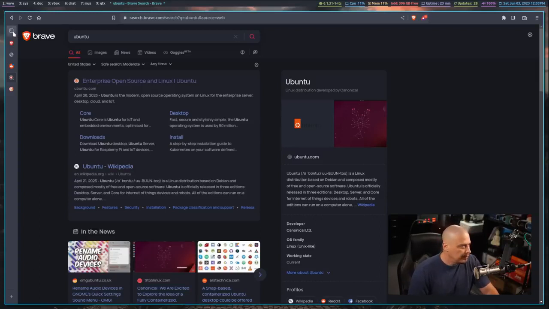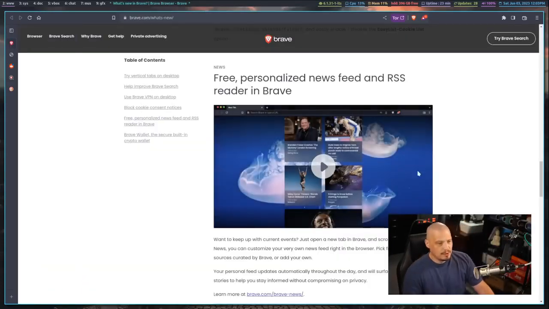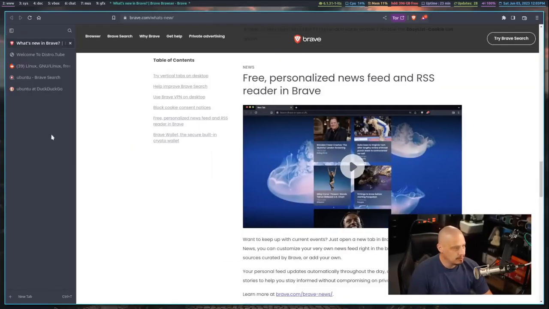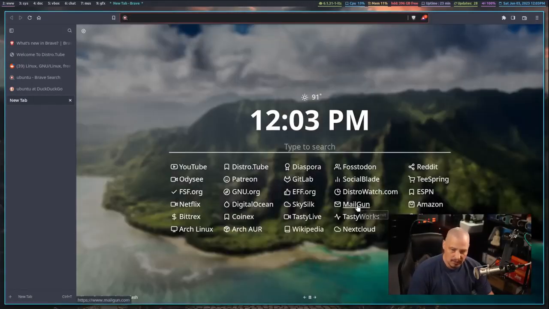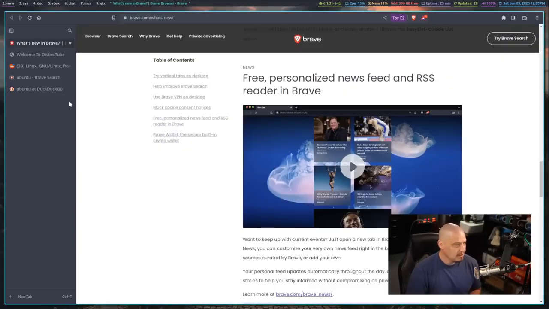And one final new feature that you will notice, if you use the standard home page, new tab page, which I don't, you guys know I use Tab Bliss. So if I open a new tab, this is a plugin called Tab Bliss. It works on all Chromium-based browsers and all Firefox-based browsers. So you see Tab Bliss on pretty much all the browsers I have installed anytime I use things like Firefox or LibreWolf, or in this case Brave, which is Chromium-based. I use this Tab Bliss plugin because I don't care for the default Brave homepage,